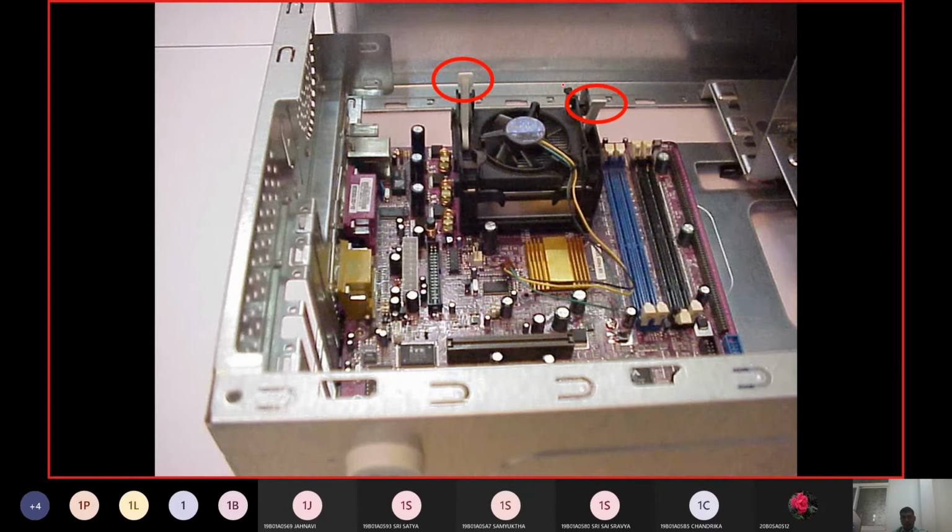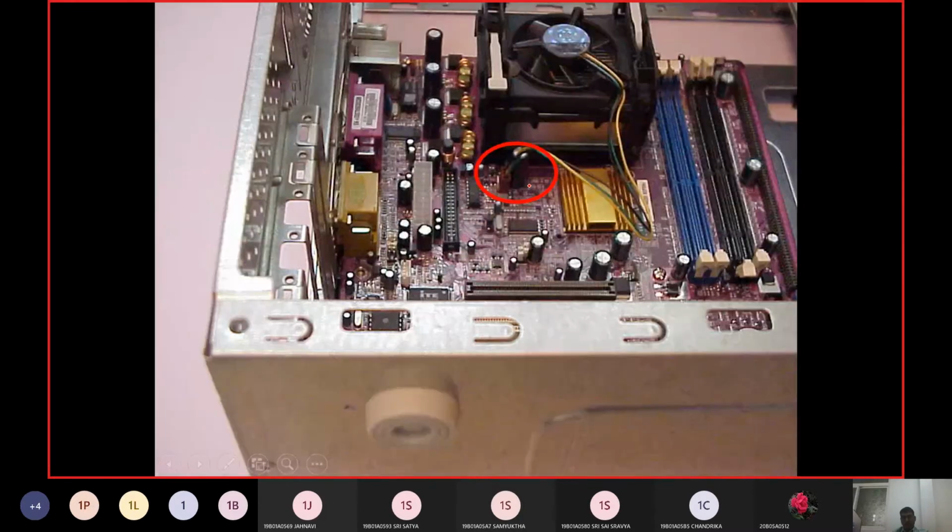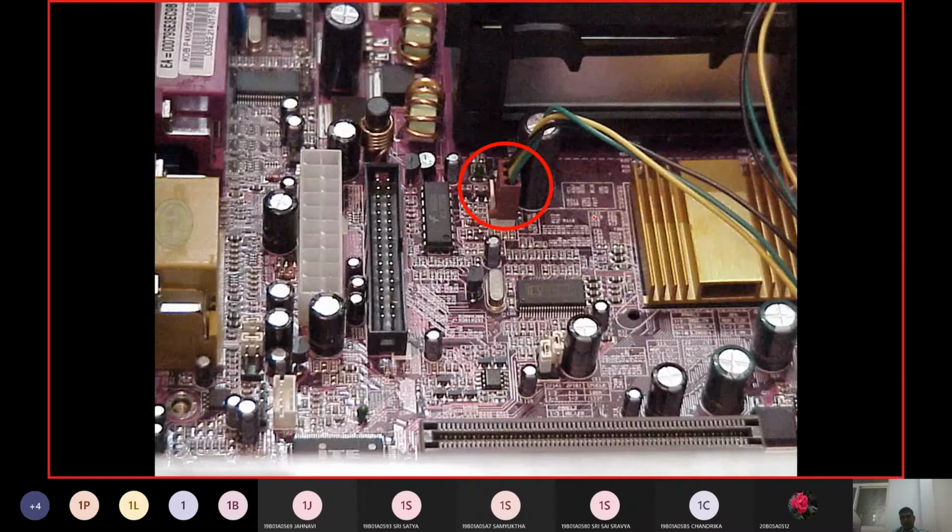So this is the locking lever, and then we link these components to the system bus. You can see the circuitry, how the system bus was fabricated here.